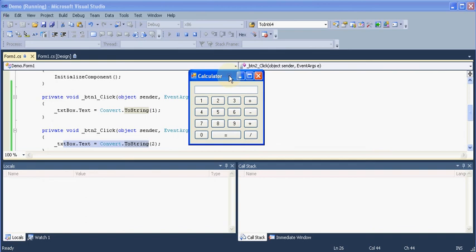So this is our calculator. If I press 1, that's nice, you can see the number 1 in my text box, but if I press number 2, watch what happens. 1 has gone. I wanted to type the number 12, but 1 has gone, 2 is there. Now if I again press number 1, 2 is gone, 1 is there. So what is happening? Our text box is holding only one value.